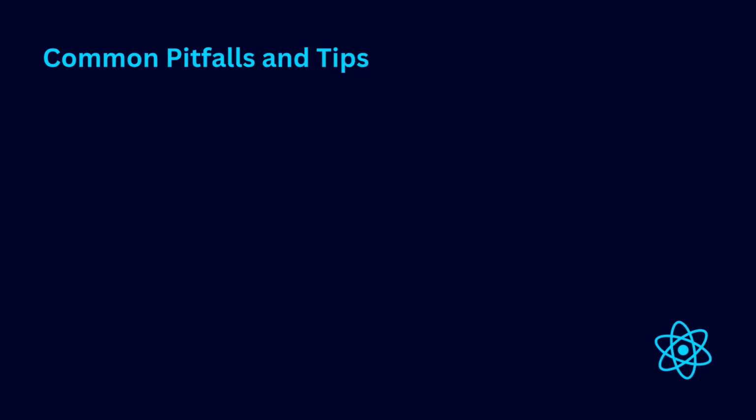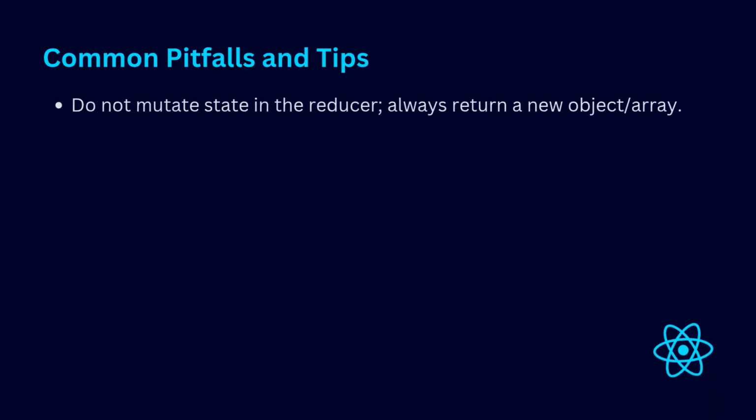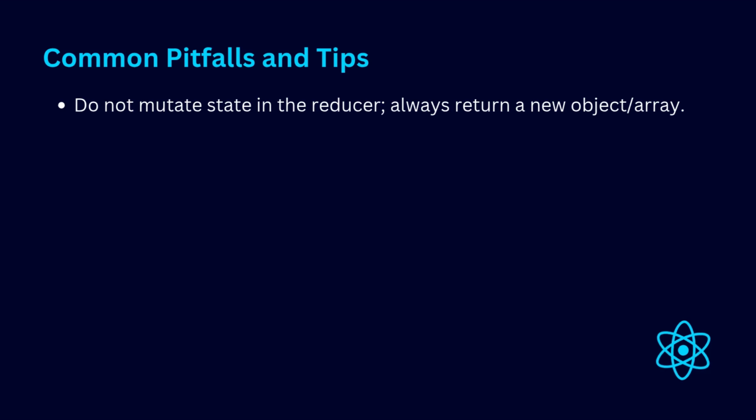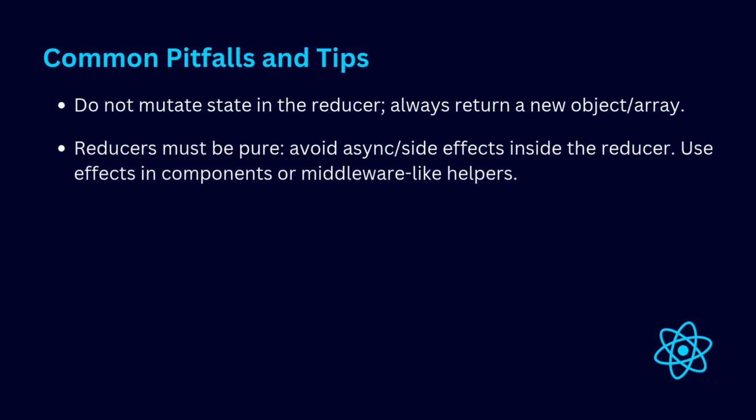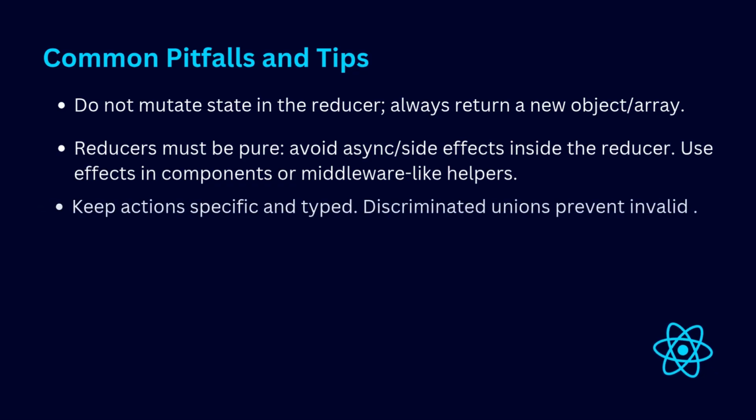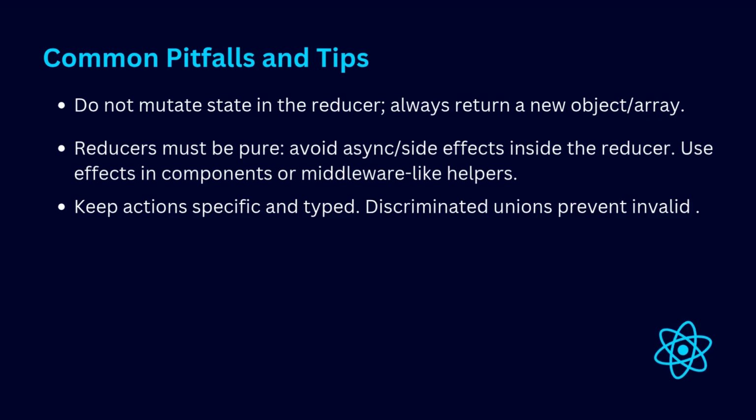Some of the common pitfalls and tips are: do not mutate state in the reducer. Always return a new object or array. Reducers must be pure. Avoid async or side effects inside the reducer. Use effects in the components or middleware-like helpers. Keep actions specific, and a type discriminated union prevents invalid